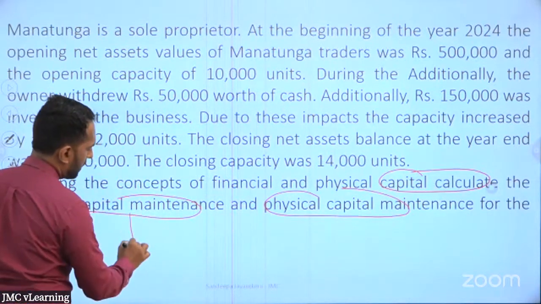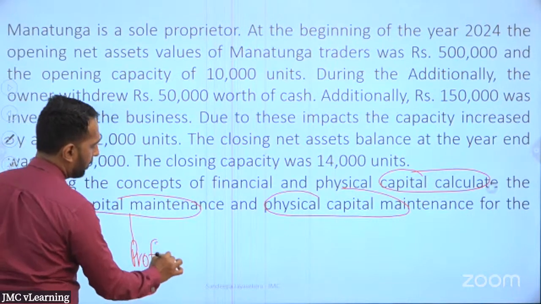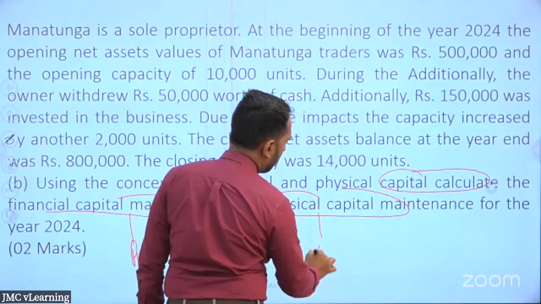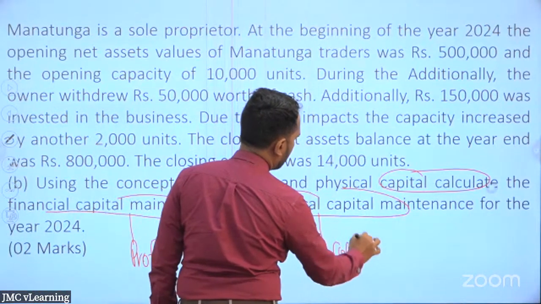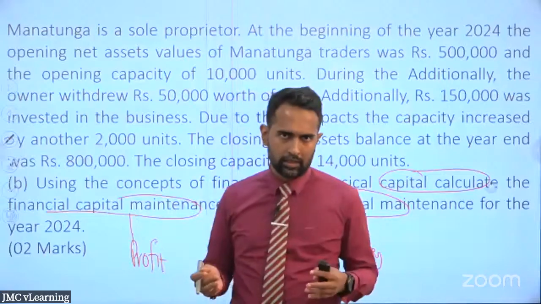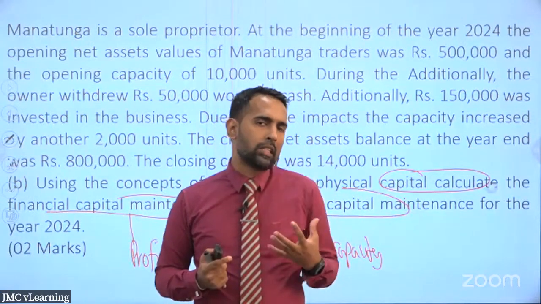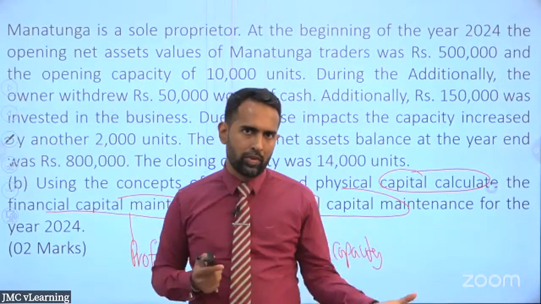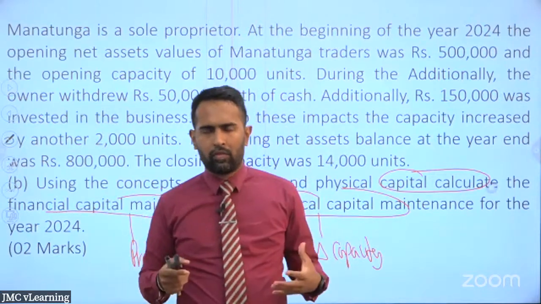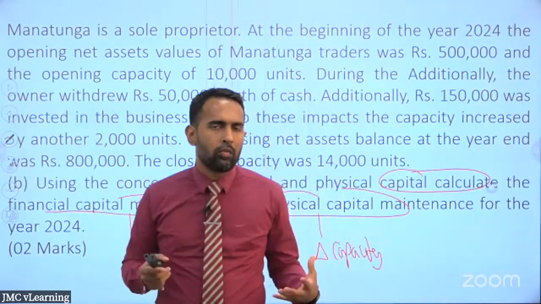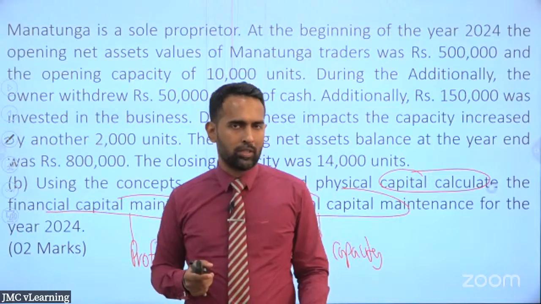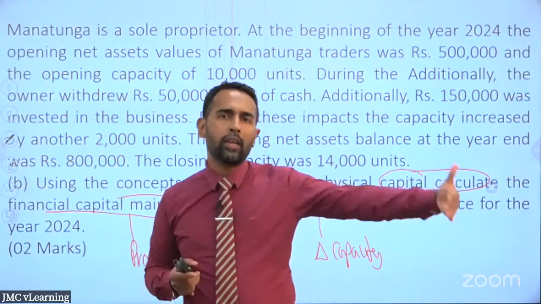Simply, financial capital maintenance is profit. So they are asking you to calculate the profit. Physical capital maintenance is the difference in your capacity. Now, when it comes to a business, there's a concept called capital maintenance. Whenever we start a business, we start with financial capital. We invest our capital, our net assets, and not only that, we come up with a capacity. For example, if it is a factory, we might have a capacity of 10,000 units, and we invested 100 million rupees. Then at the end of 1 year,